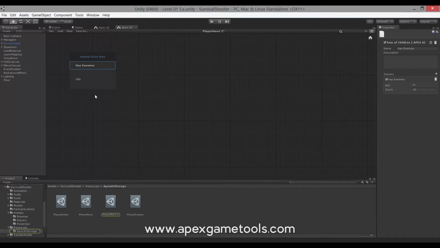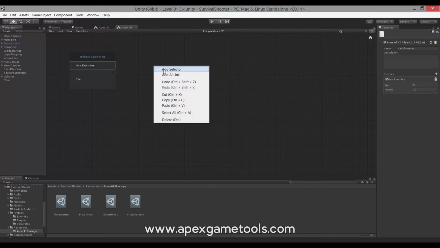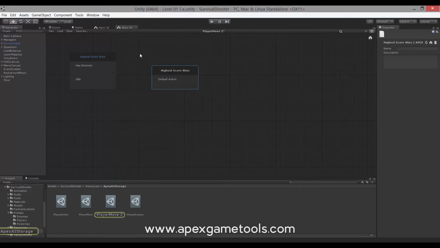So now we have our selector with our two qualifiers, and now we need a second selector for this qualifier to connect to, so that we can actually do some movement. So let's go ahead and make another selector. We're just going to choose the highest score wins again. And